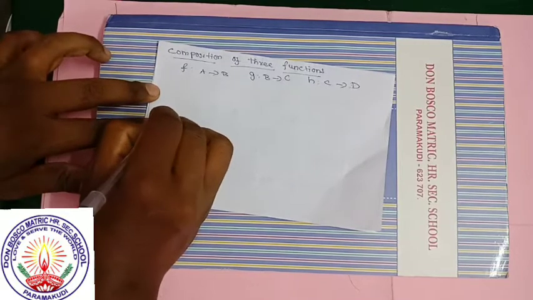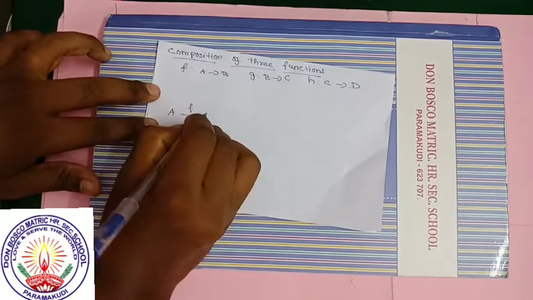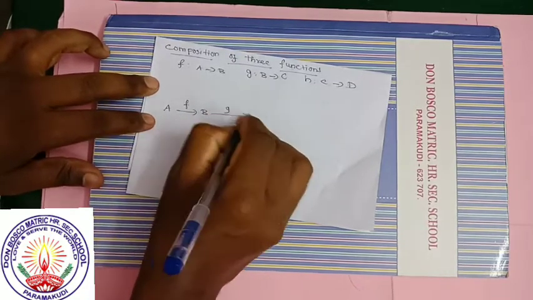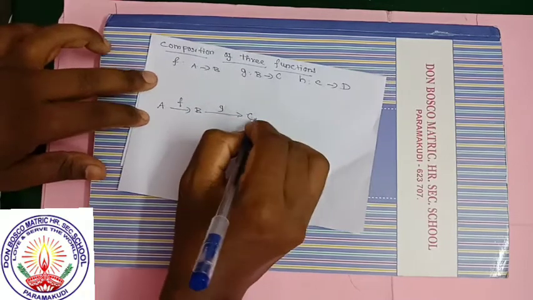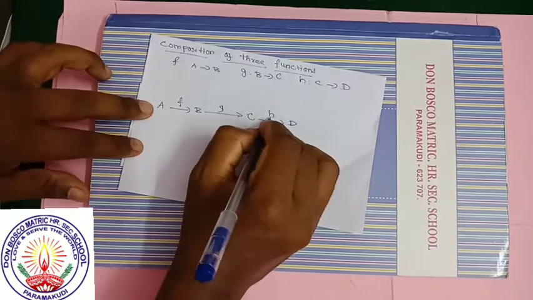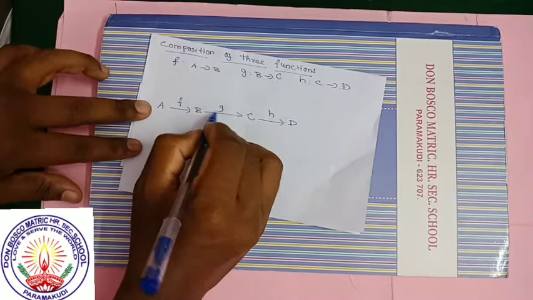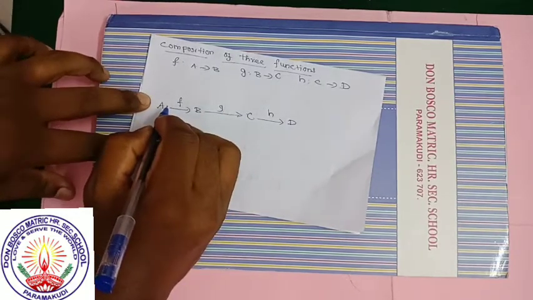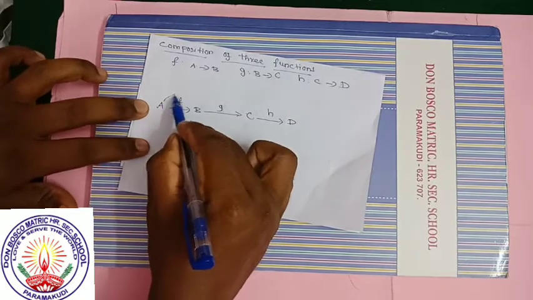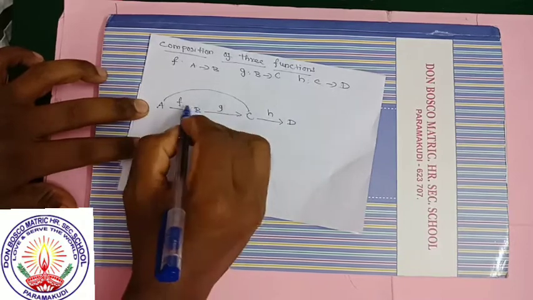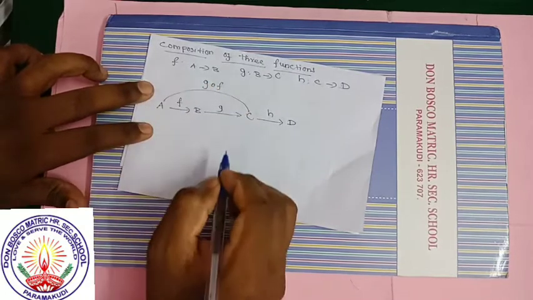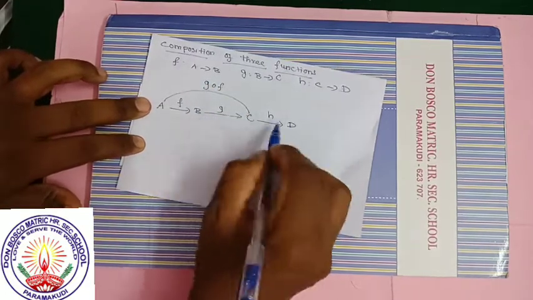From A there is a function f to B. From B there is a function g to C, and from C there is a function h to D. We have studied the composition of two functions. If you connect the sets A and C, the composition of the two functions f and g is denoted by g composition f. And if you connect B and D,